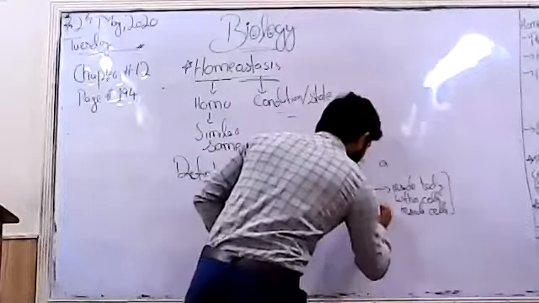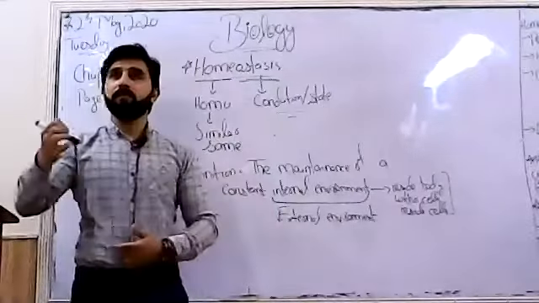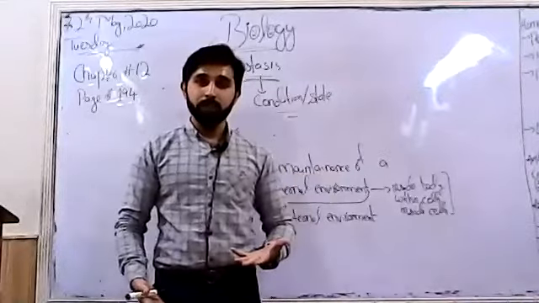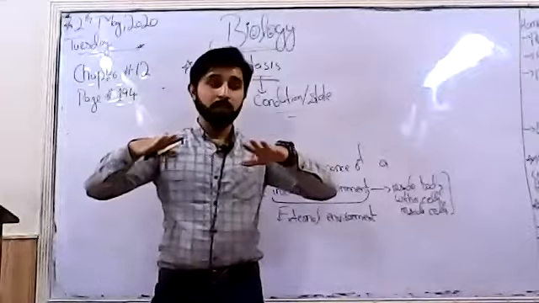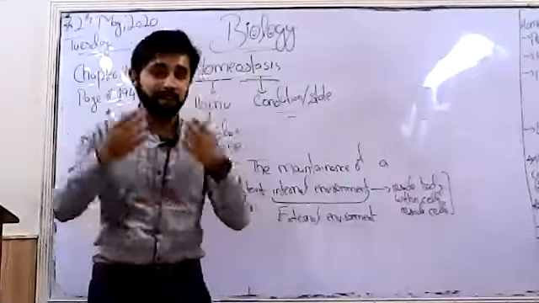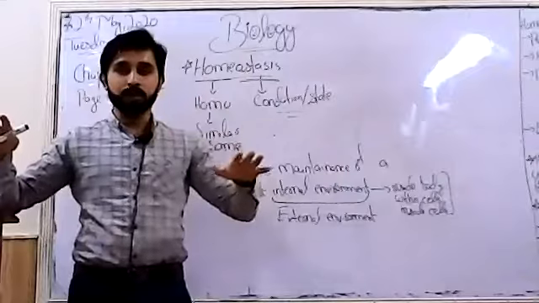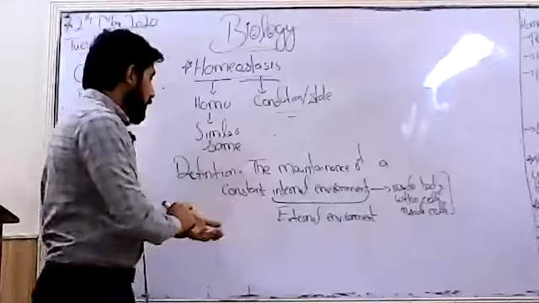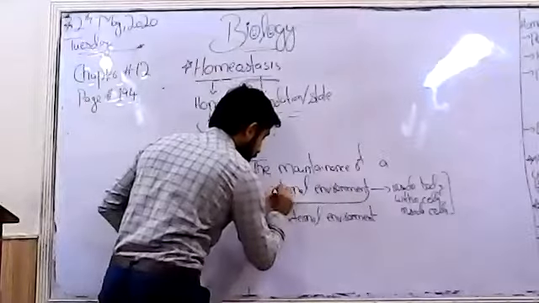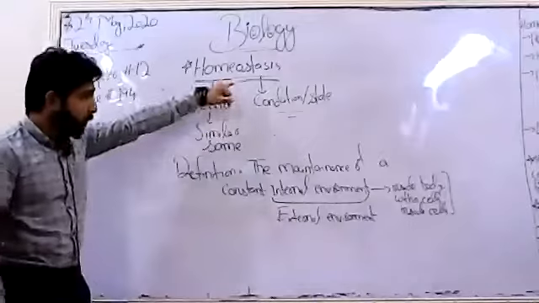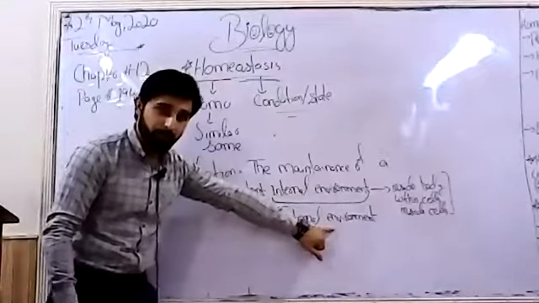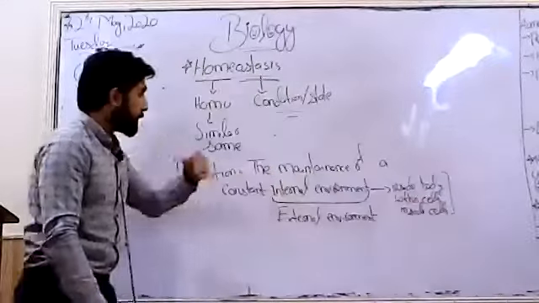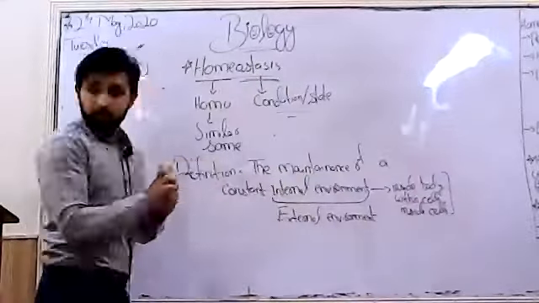And if I talk about the external environment, like if I'm standing in this room and the temperature of this room is 26 degrees centigrade, so this is the external environment. In this external environment, which is 26 degrees centigrade, I'm not sweating because the temperature is very moderate. So my body does not need to maintain this. Okay, now we know what homeostasis is. We know the difference between internal and external environment, with examples. Now coming to the next thing.